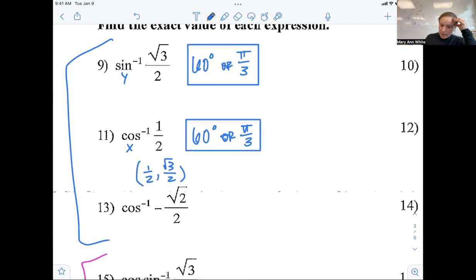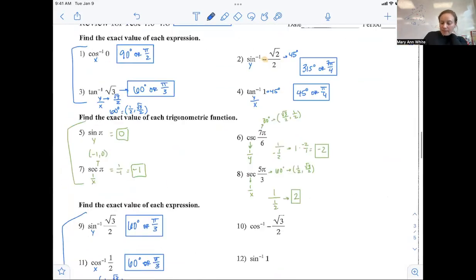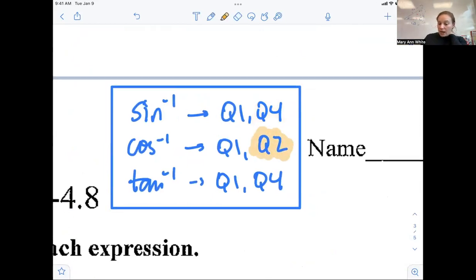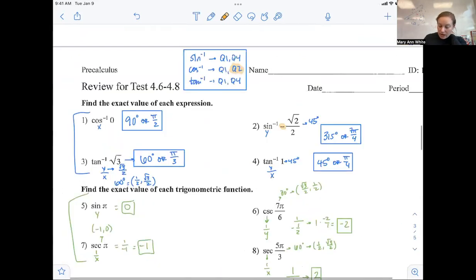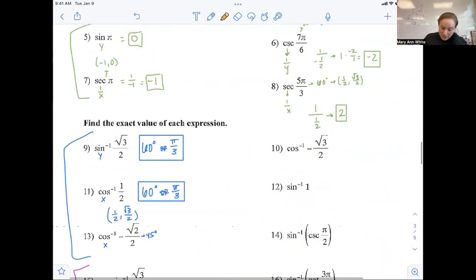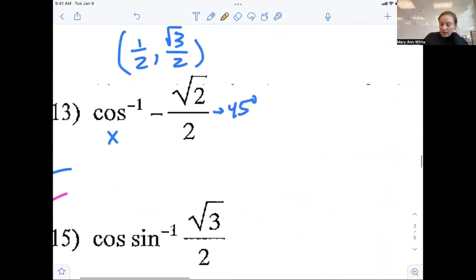Inverse cosine of negative root 2 over 2. This is another one where it's a 45-degree angle. We know that, because the only time we have root 2 over 2 is a 45-degree angle, but it's negative. And if you remember what we wrote at the beginning, negative cosines, or inverse cosines, are in quad 1 or in quad 2. So I'm not going to do 360 minus that 45 like I did up here for my inverse sine. I'm going to do 180 minus my 45 to get my angle down here, which I believe is